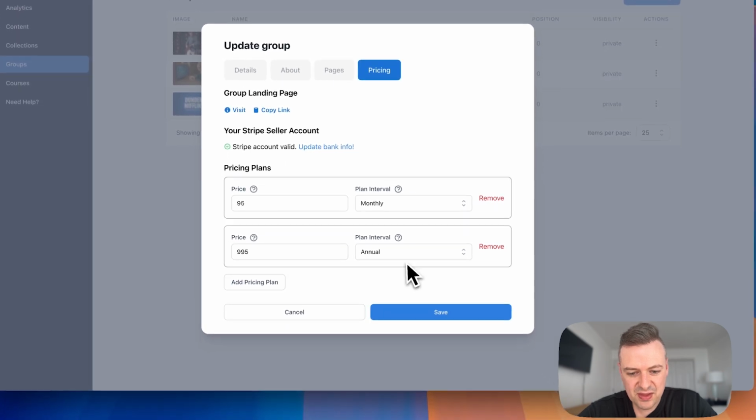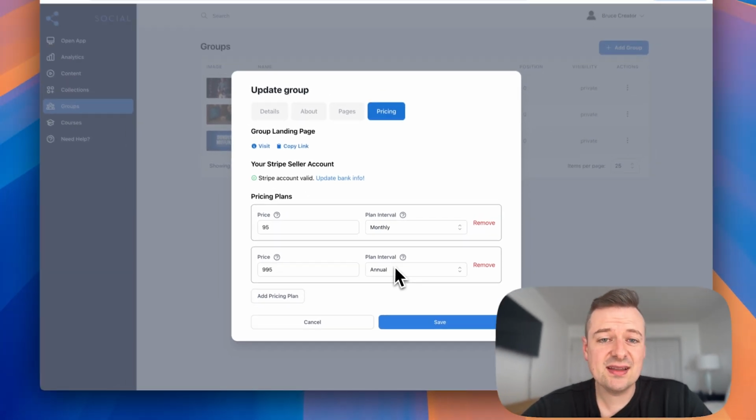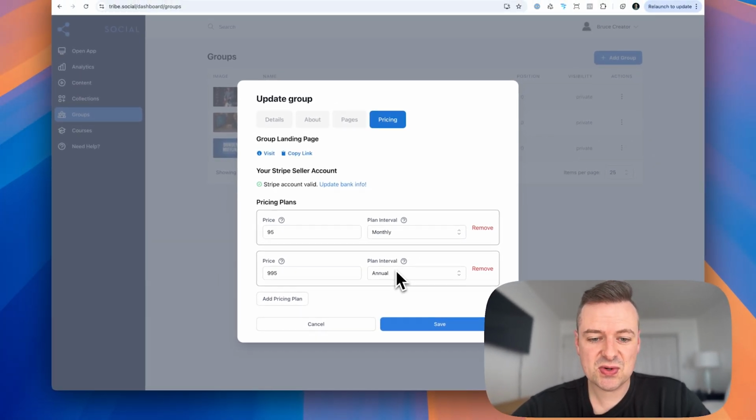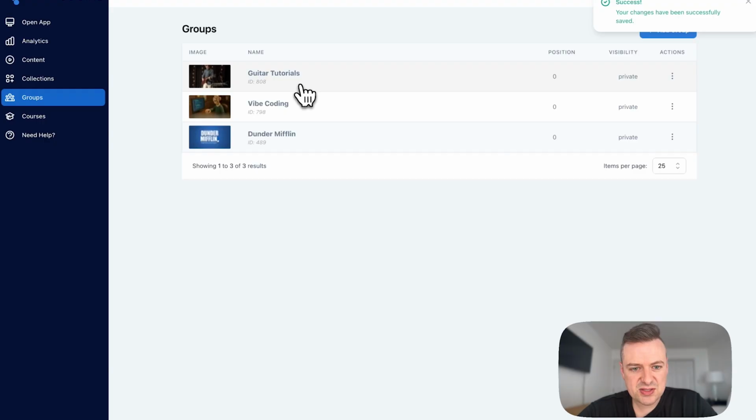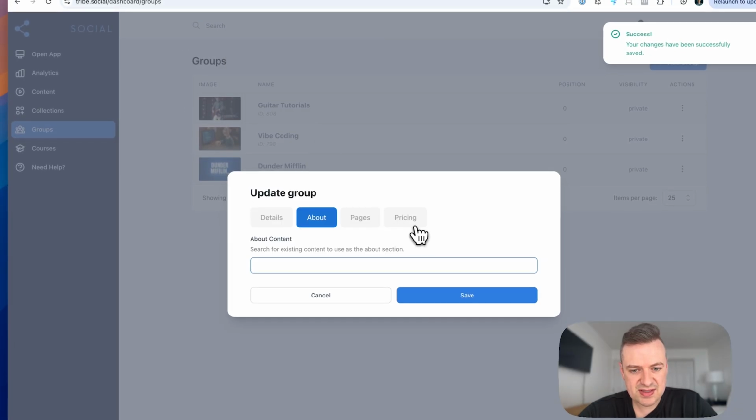I'm not gonna do a one time right now, but if you wanted to sell lifetime access to a group or to a resource, let's say you wanted to sell a challenge, one time would be great, like $27, you jump in the challenge, and you're kind of in that group forever. It's not reoccurring. Here we're gonna hit save,